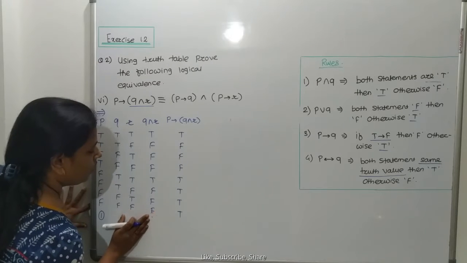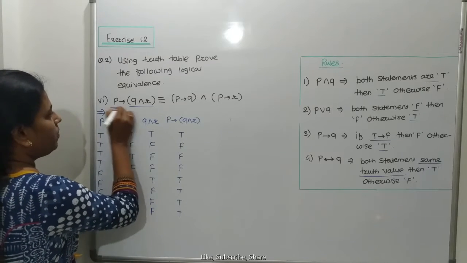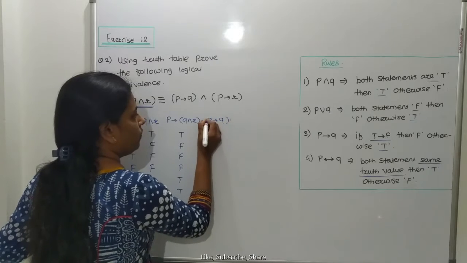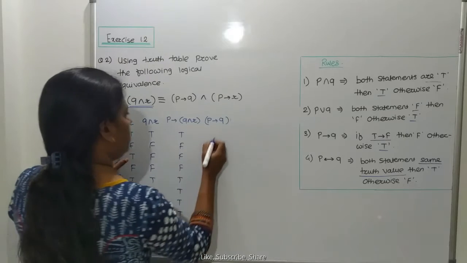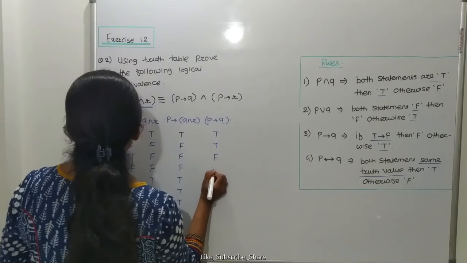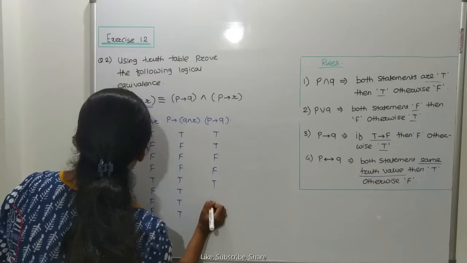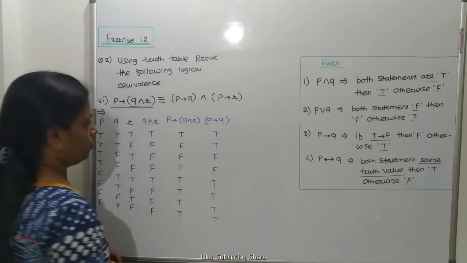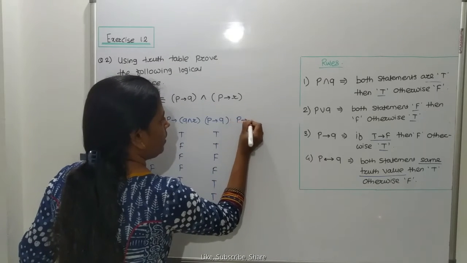Okay. Now next one, we have to complete this part. Now next we have to calculate P single implication Q. What do we have to calculate? P single implication Q. So single implication: true, true, true, true, true, true, true, false, false, true, false, false, false, true, true, false, true, true, false, false, true, and false, false gives true. Okay, so we have to complete this one. Now we have to complete this part, that is P single implication R.